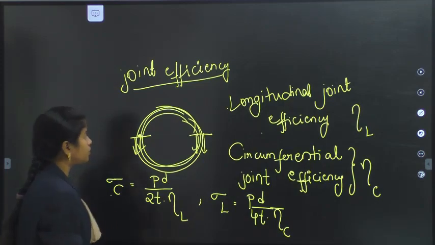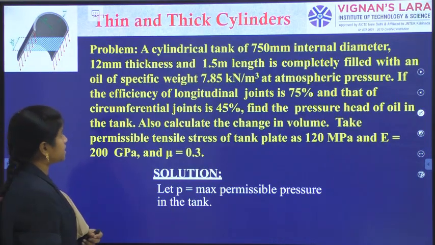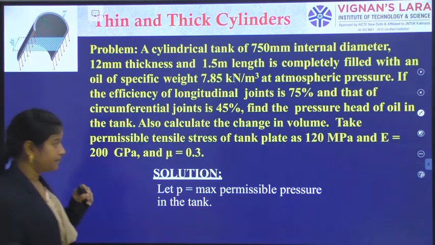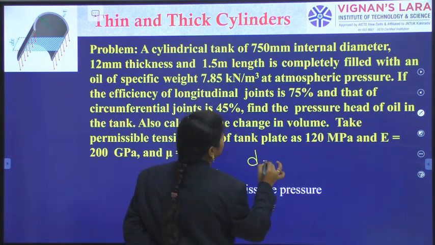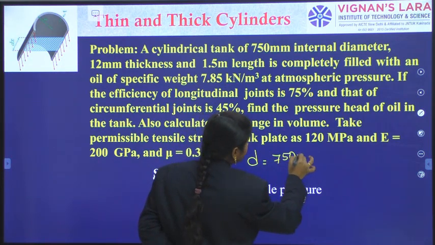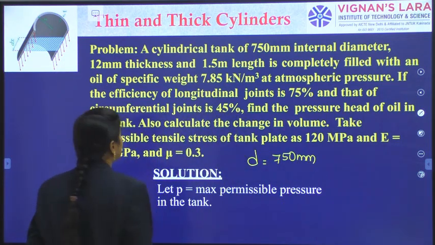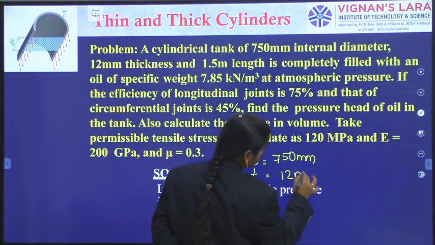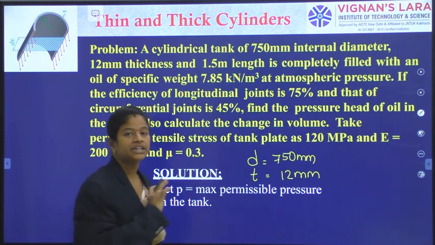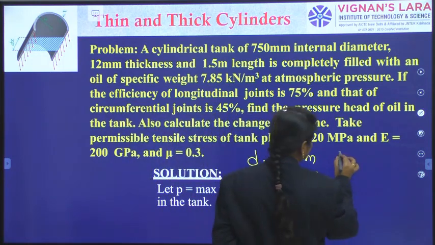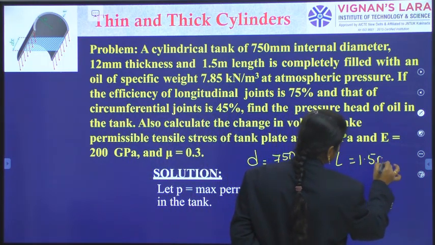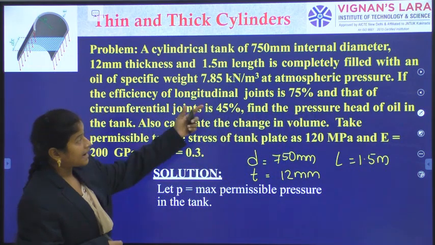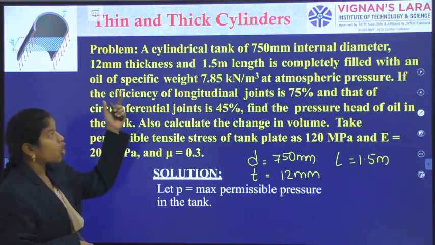Okay, now I am going into the next problem. See here, a cylindrical tank of 750 internal diameter. So the internal diameter they have given is 750 millimeters only. And the thickness of the member is 12 mm. So a 12 mm thick sheet is used to prepare that particular cylinder, and it also has a length of 1.5 meters. This is the way the 1.5 meter length is designed, and it is completely filled with oil